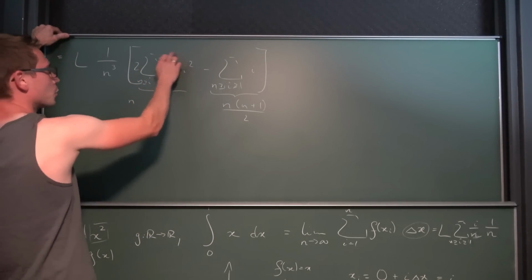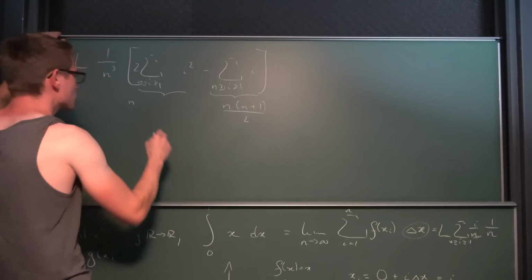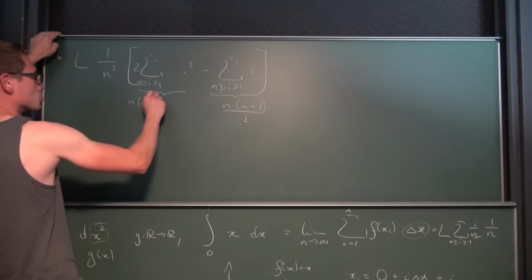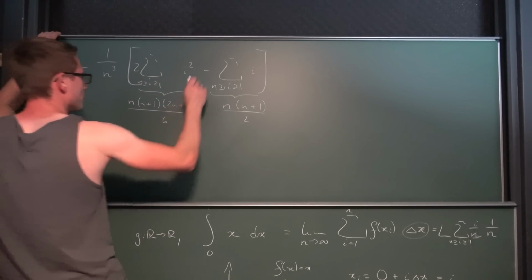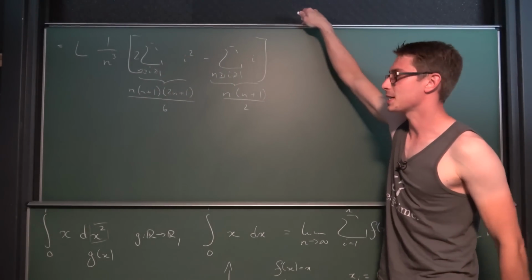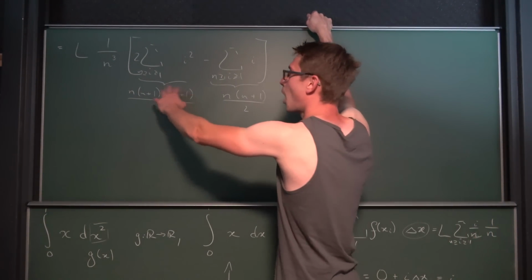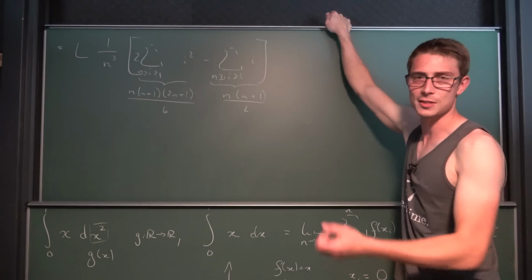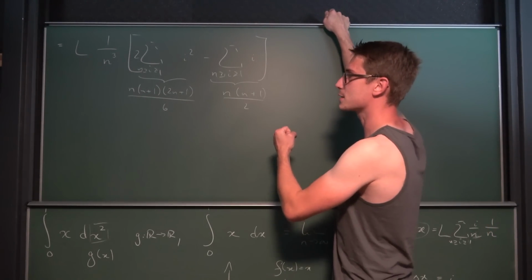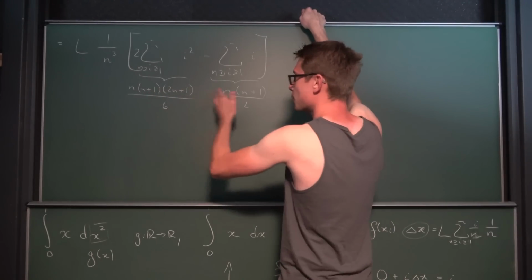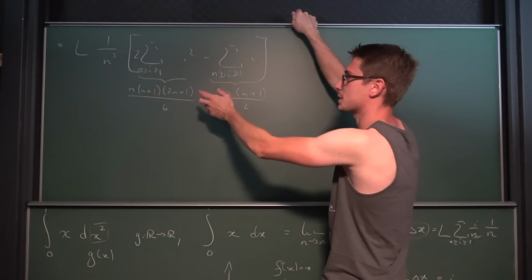This can be compressed: if you sum up all the i squares, you get n times n plus 1 times 2n plus 1 divided by 6. I think I made a video on that already, but I'm not certain. This is like a harder version of Gauss, you could say. It's the bigger Gauss, not the little Gauss. And now with that out of the way, we can start to multiply stuff out and just put some stuff